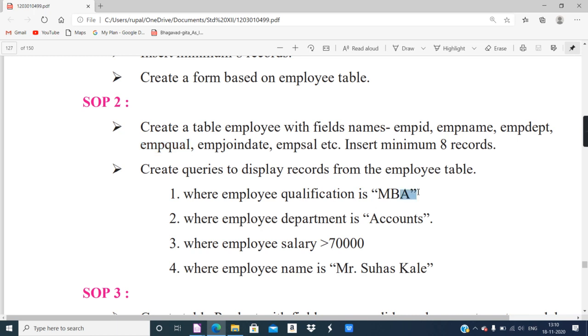Our E was a small letter, so we will follow the small letter. If you type a capital E, it may give an error. And it worked with single quotes, with text, that MBA. Because the data type was text, please use single quotes. In the question, it is displayed with double quotes, but we did not get output with double quotes. Use single quotes.